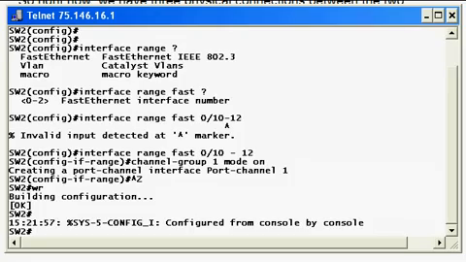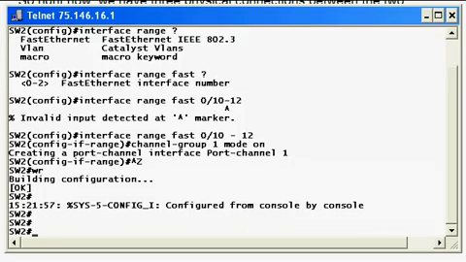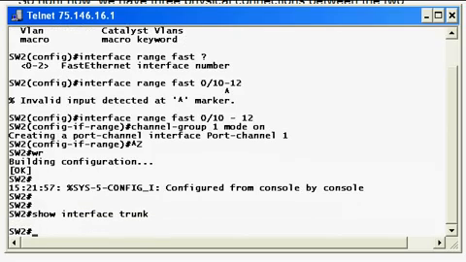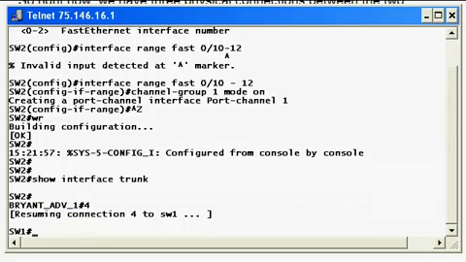We've just created an EtherChannel on both switches 1 and 2, but we had run into an issue on switch 1 where our trunk ports were put into error disabled state. One way we can tell that the EtherChannel is not working correctly, and I'm willing to bet that it's not, is that we can run show interface trunk just like we did earlier, and we get nothing. As we know, if we run a Cisco show command and we get a blank line and then we're back at the prompt, that means there's nothing to show us. In this particular instance, we know what happened because we saw it live,